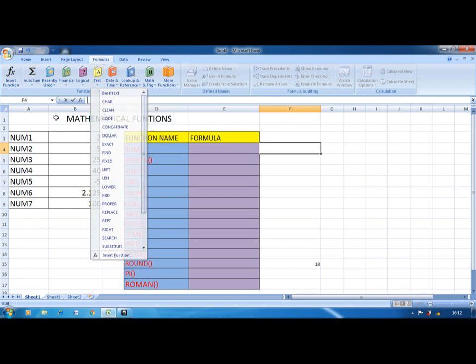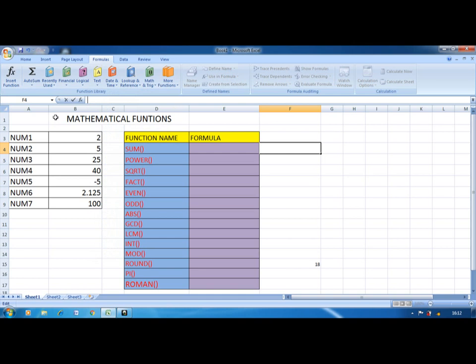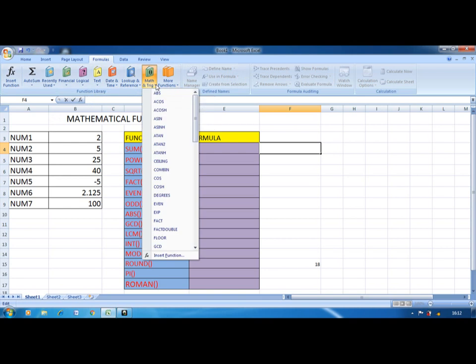So today I am explaining the mathematical functions. Here in the formulas tab, function library, math and trig means mathematical and trigonometric functions. There are lots of functions. Functions are nothing but formulas. Already inbuilt formulas are available. Directly you can select the option here, and after that you find the solution.